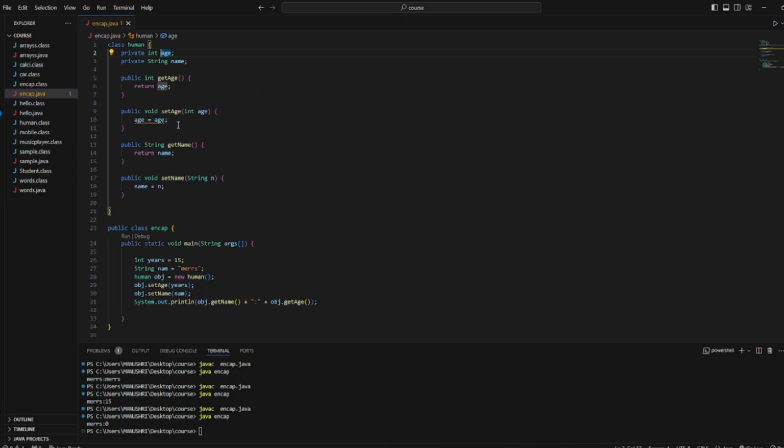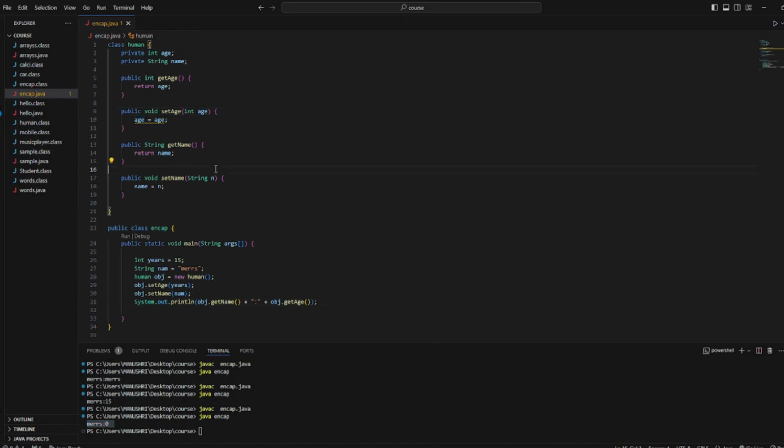So what the problem here is, the age here gets mapped to another age, so it doesn't know how to differentiate. Either the instance variable can get mapped to itself, or the local variable age which is here can get mapped to itself. So 0 is equal to 0 or 30 is equal to 30, and that's why we get the value as 0 here.